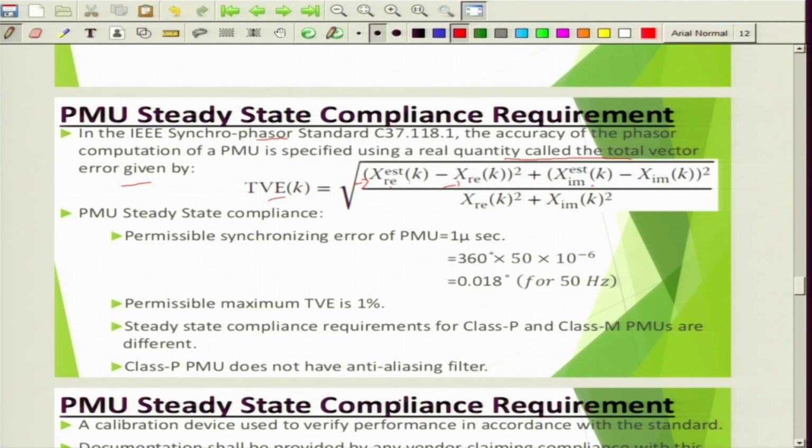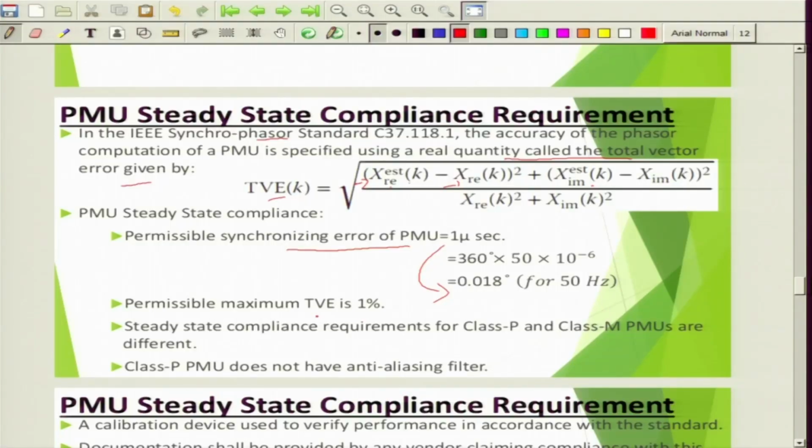So, PMU steady state compliance suggests that the permissible synchronizing error of a PMU is equal to 1 microsecond. Only this much error can be allowed. That constitutes 0.018 degree for 50 hertz. So, that means a phasor measurement can at the max have 0.018 degree deviation from the actual value of the measurement. So, the permissible maximum TVE is 1%, and steady state compliance requirements for class P,